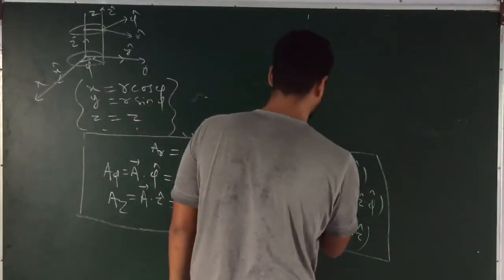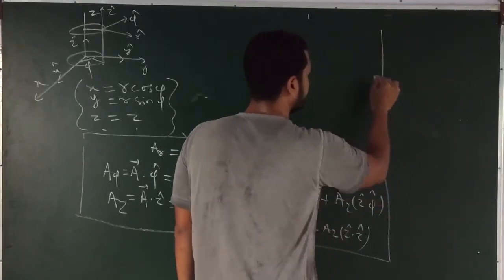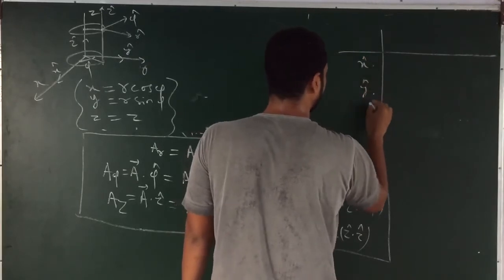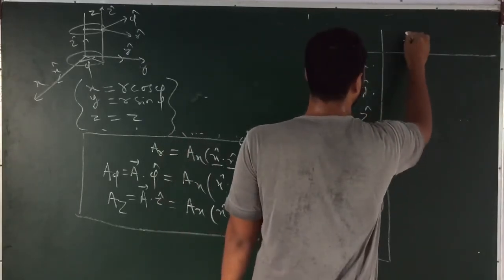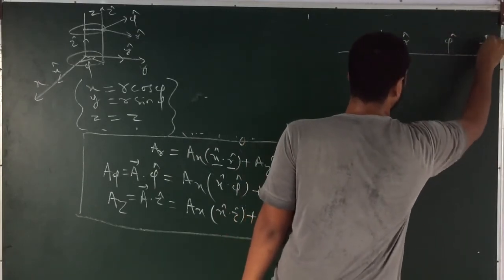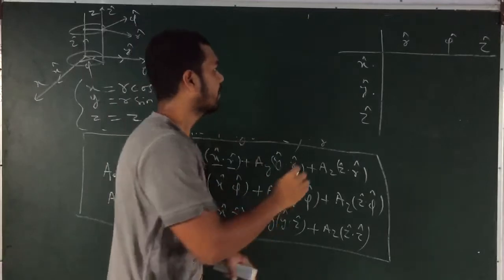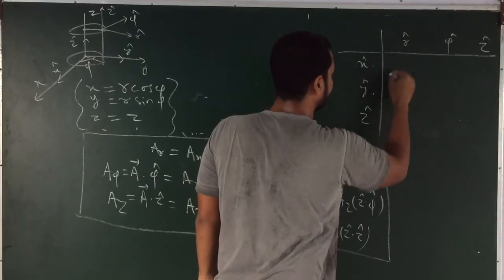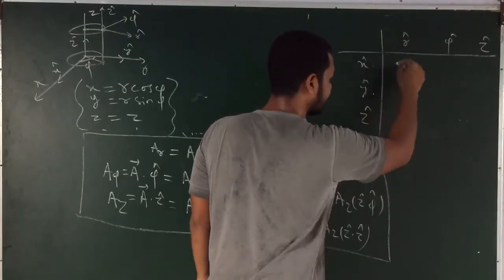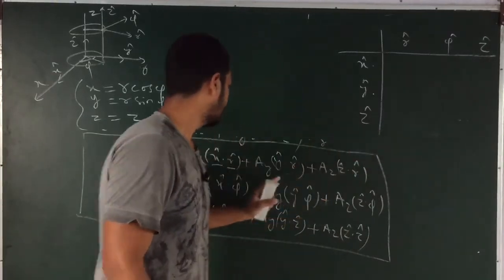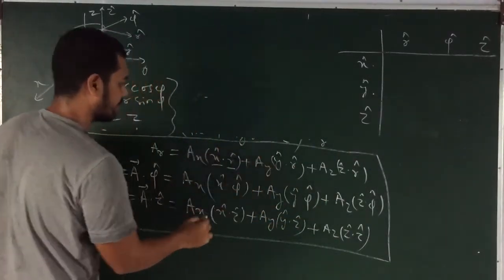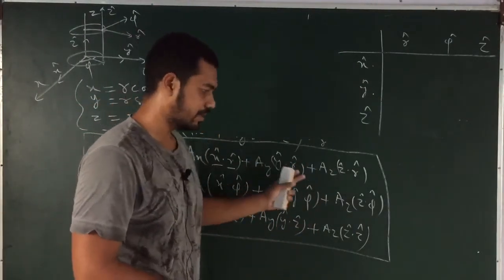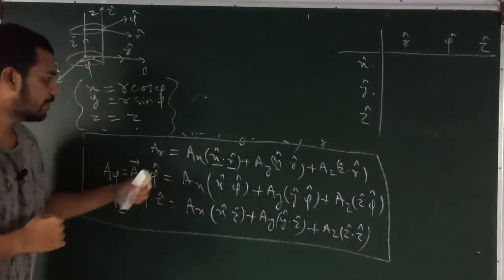To put it into a table, I just want to draw a table where I write x cap dot, y cap dot, z cap dot, and here I put r cap, phi cap, and z cap. Similarly, you can put this here. This will take x cap dot r cap. Here you will take y cap dot r cap, and in a similar fashion you will fill the table to easily remember these things: x cap dot r cap, the value of y cap dot r cap, and the value of x cap dot phi cap, and so on. Okay, so I hope you are getting my point.